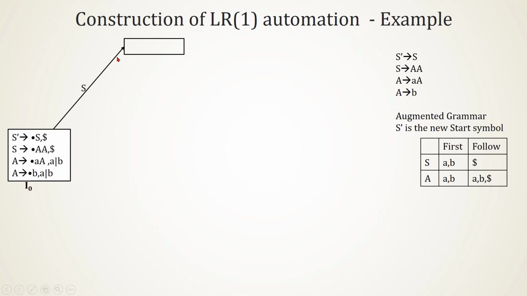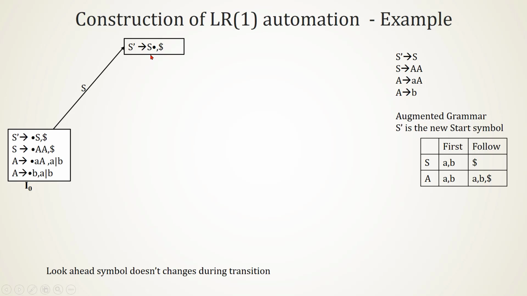We look at the transition. So what happens during transition? This dot will come after S. The next thing will be S dash derives S dot. In the earlier slide we studied that look ahead doesn't change during transition. So in this production look ahead is dollar. So here also look ahead is dollar. We can't derive any other production because dot comes at the right end of the RHS. Never consider this dollar as an RHS symbol. Consider it as a look ahead. So we can't add any more productions.